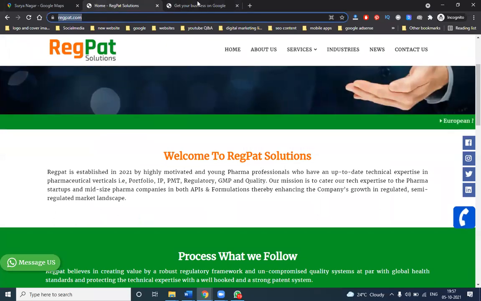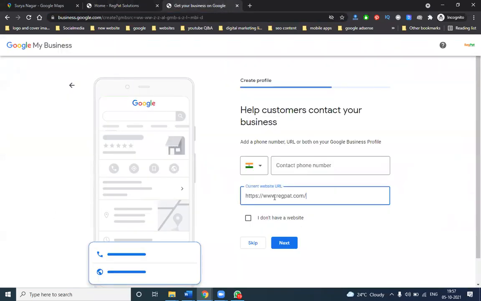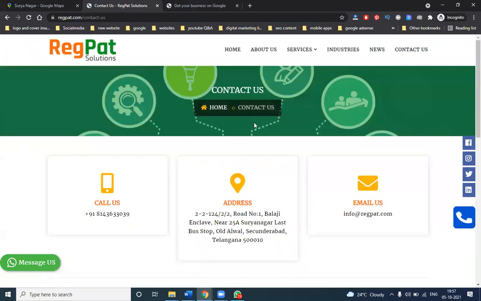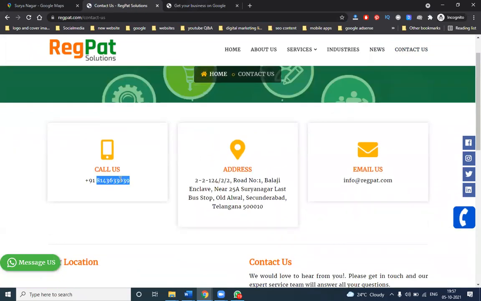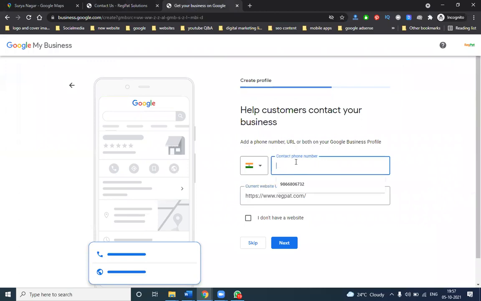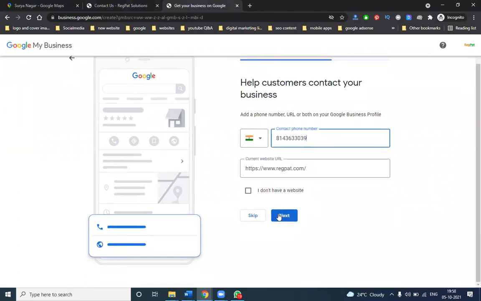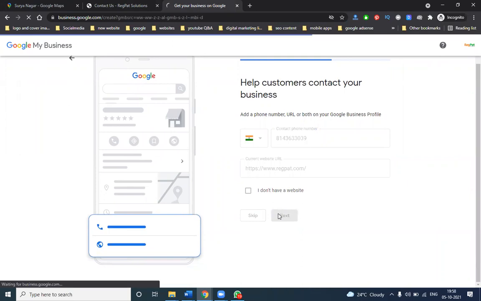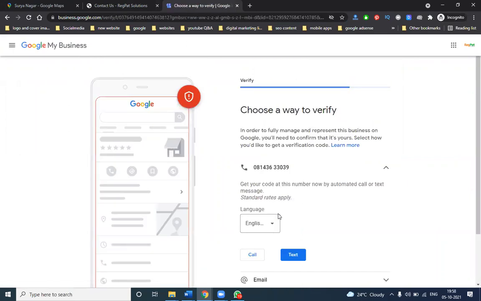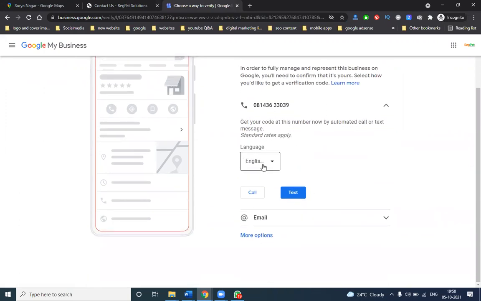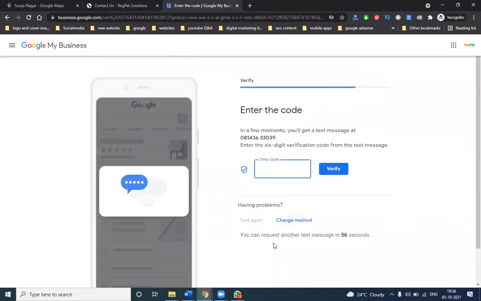First, add your website. Google Map location can be with a website or without a website. With a website, Google creates the free maps. Next is the phone number. Phone number is mandatory to fill. Why? Because if you post a card is not required, we can activate with your phone number option. Click next. Verify with the phone number or postal code. Two things. If it is asking for phone number verification, it asks for the Google verification code. First, you can send it by the text option. So the customer receives the Google verification code here.